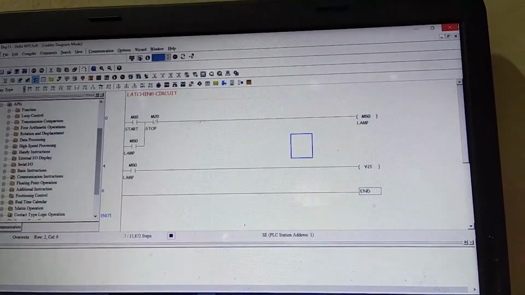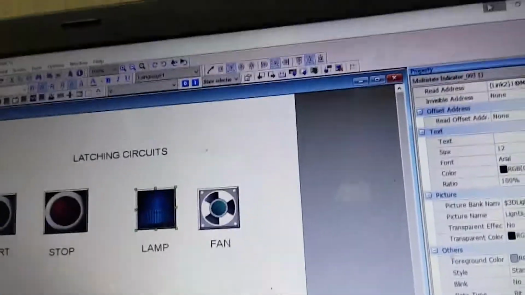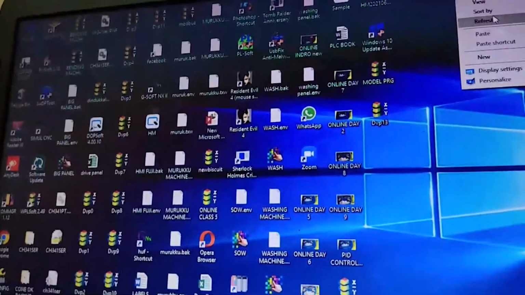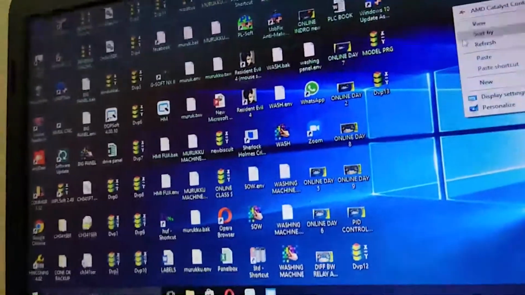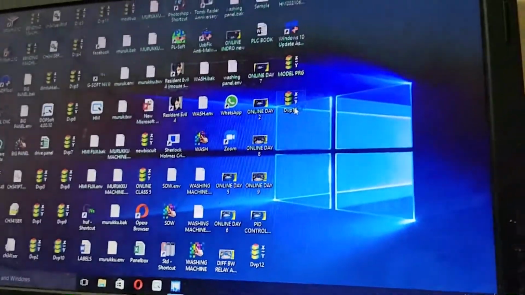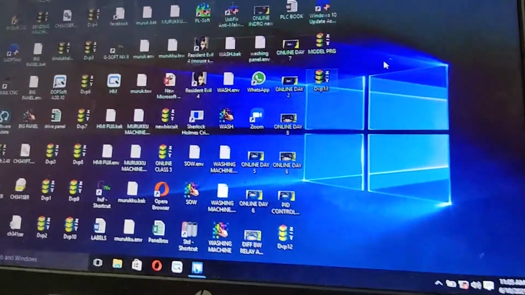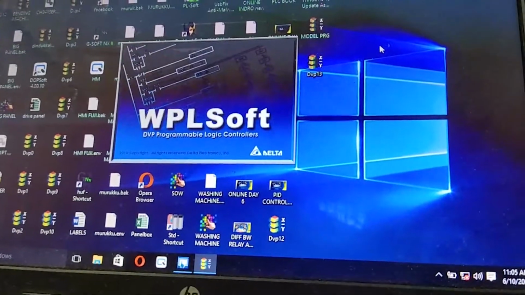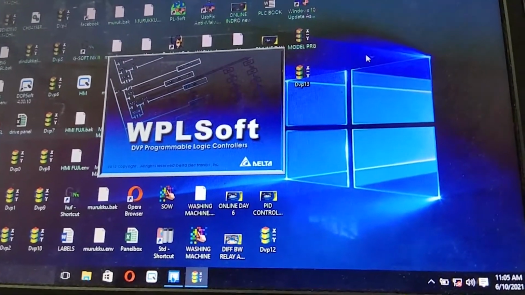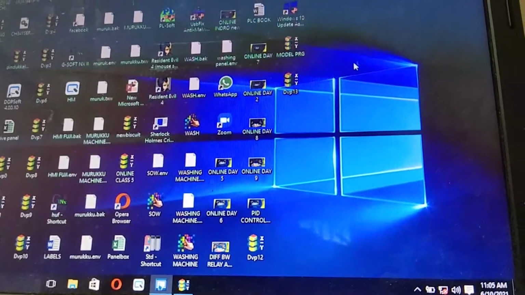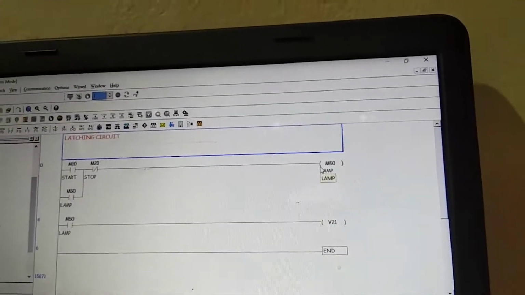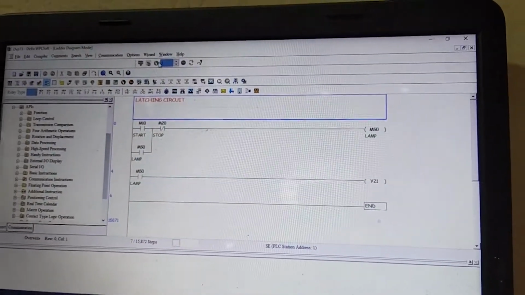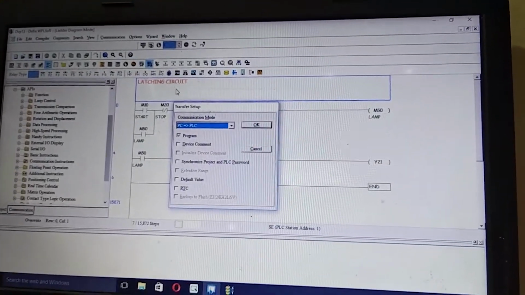So I save it, close the program, and minimize the HMI. After that, refreshing, I again open the program DBB 13. I actually already uploaded the program from PC to PLC, and for confirmation, I'll upload it again.